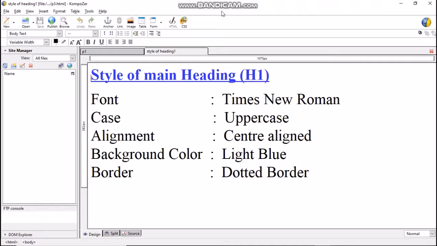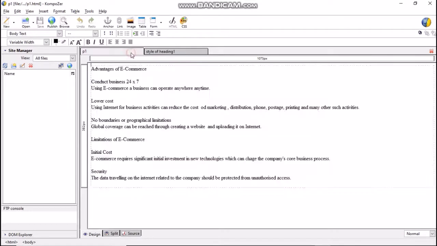Style of main heading H1 should be font Times New Roman, case should be uppercase, alignment should be center, background color of heading H1 should be light blue and border should be dotted border. Now follow the steps to create CSS for the above heading.